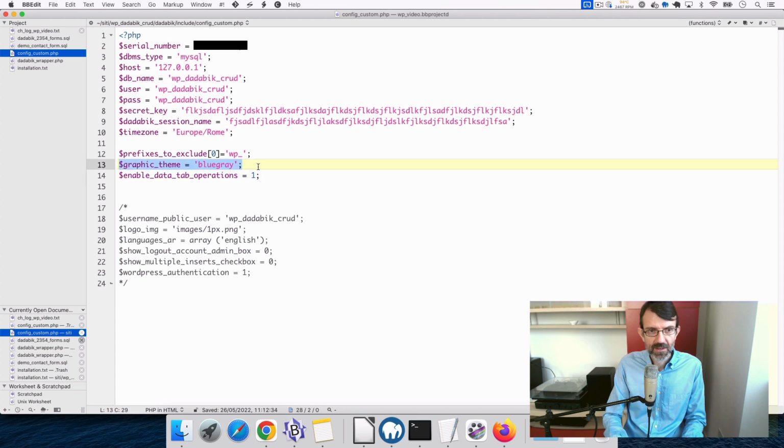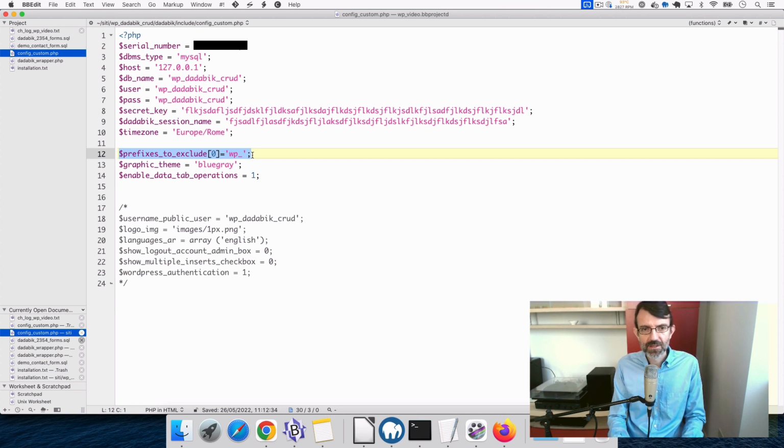One is the graphic theme, blue-gray. We have different themes, and this is prefixes to exclude. This is something I need to explain. So DaDaBIK can be installed in several ways. The classic installation works like that. You have a database, maybe with some tables already. You install DaDaBIK on that database, and DaDaBIK creates,